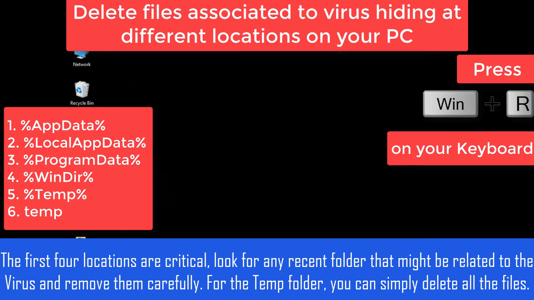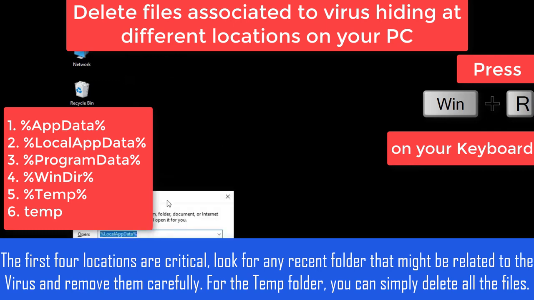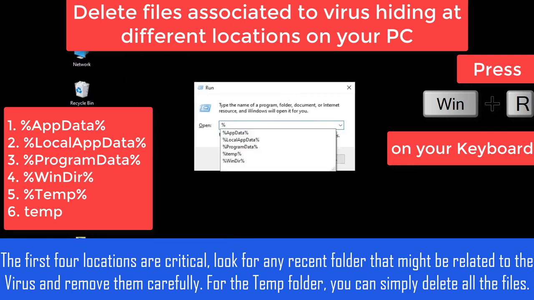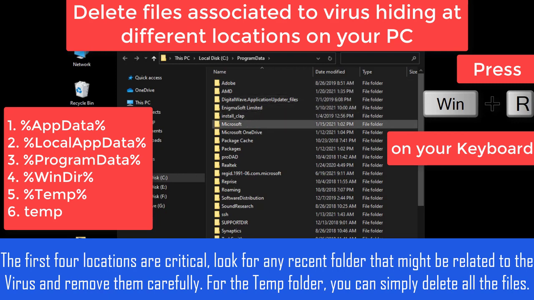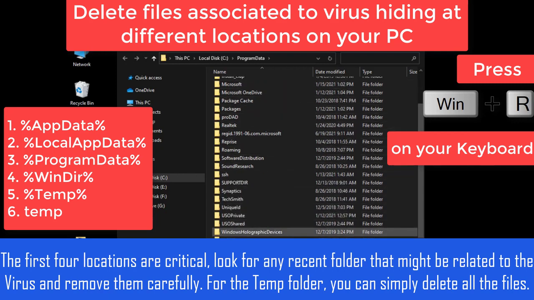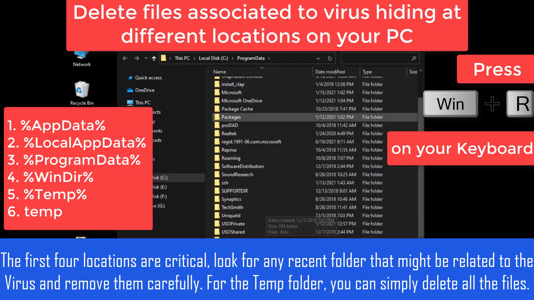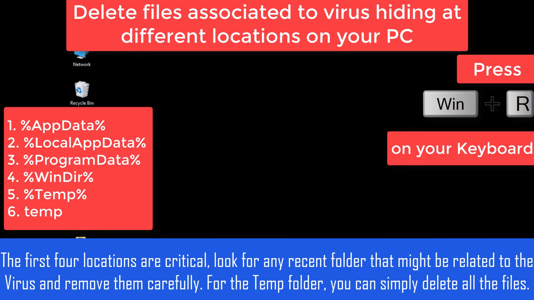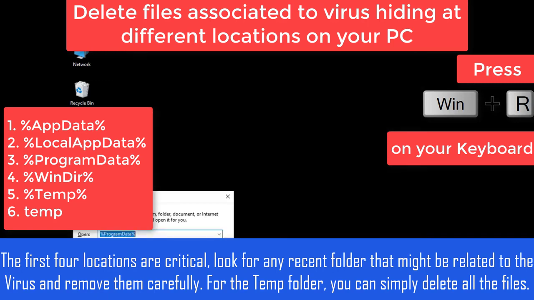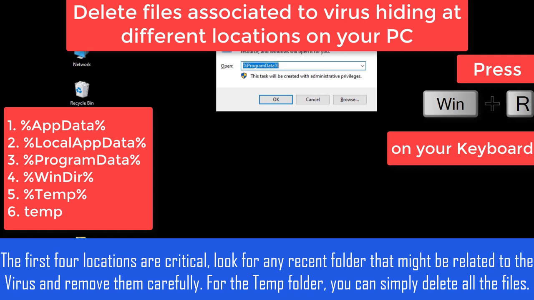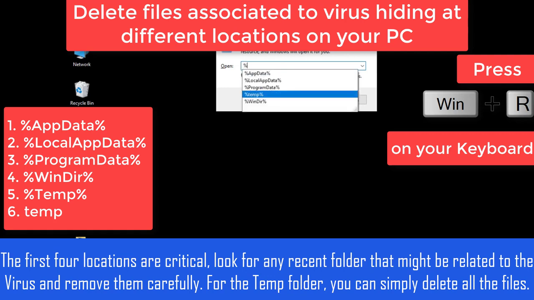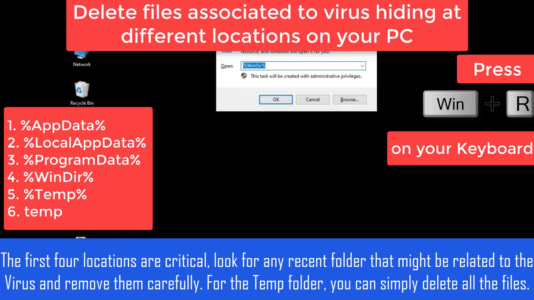But for the sake of this tutorial, I am going to perform all these steps right in front of you and find and delete all the files that are suspicious and malicious or related to this virus. As you can see, I am trying to find any suspicious or malicious files that are related to this virus. Keep one thing in mind, that a virus may create folders in these paths with different names to hide its identity. So look for any files added recently at the time of your system infection and remove them.